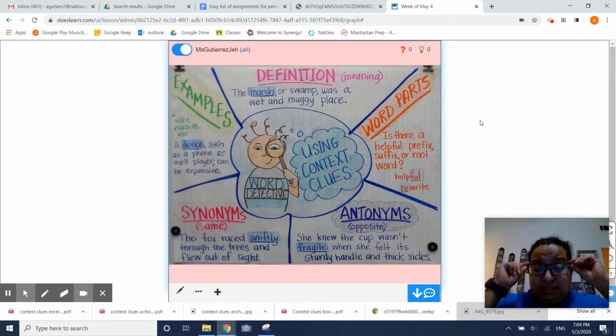Okay. Next sentence. I'm also going to use the word park, but now I'm going to use it in a different context. So pay attention to the context clues around it and tell me what does park mean. Okay. Sentence B. I learned how to drive very easily and quickly, but it was so difficult for me to learn how to park my car without hitting anything. On the side, write down the definition of the word park based on the context clues that I gave you for sentence B.